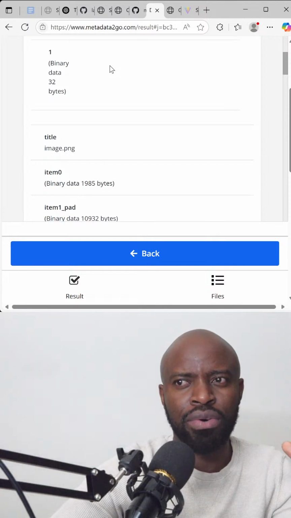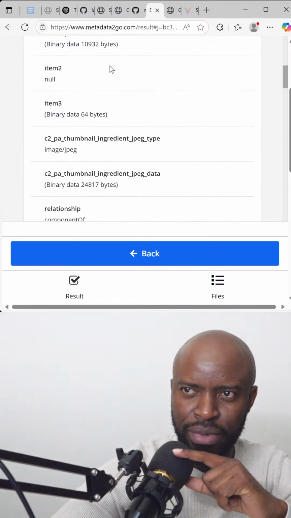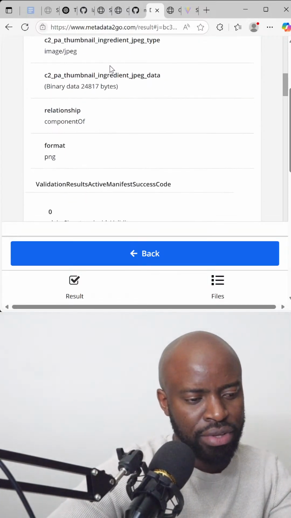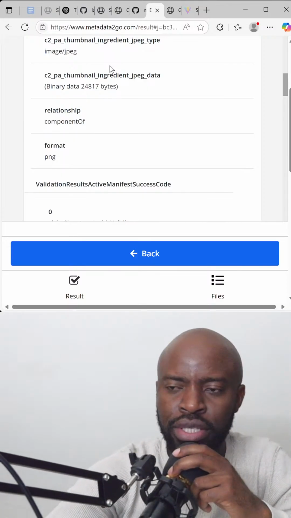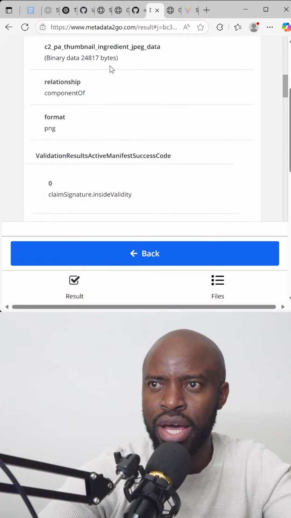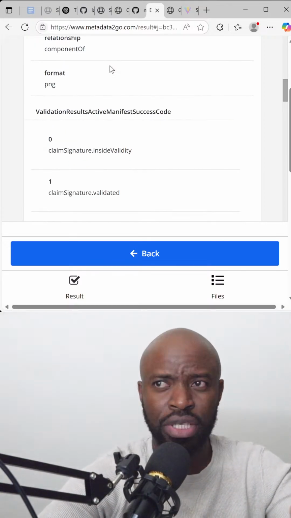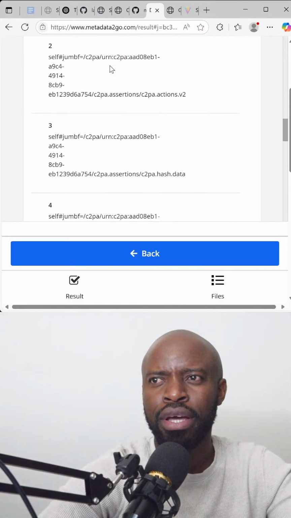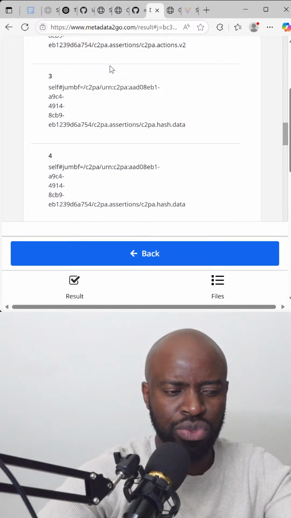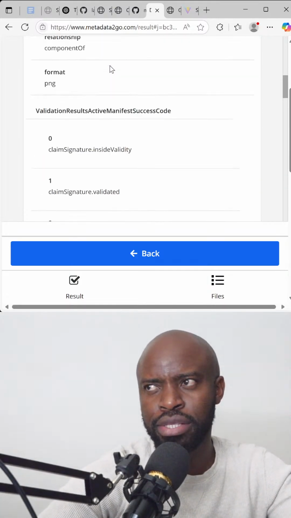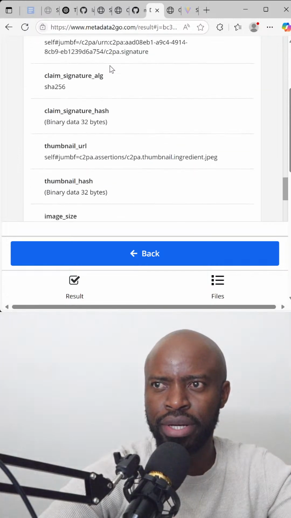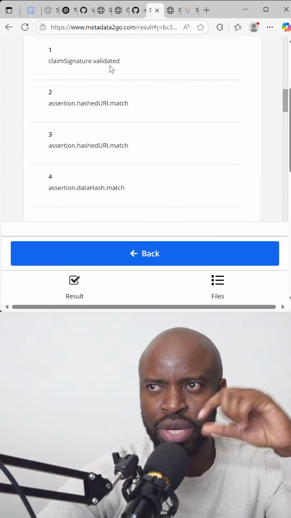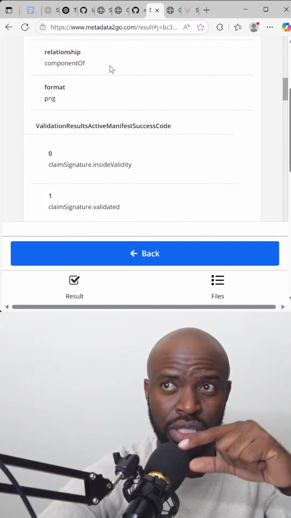Other platforms now, when you upload this kind of image, will be able to read the metadata and add a tag on that image, saying that this image is from AI, and you feel like, how did they know? It's because of this information here. All this information tells whatever system reads it what the image is, and it's all coming from that metadata segment I told you about, which is the new version,